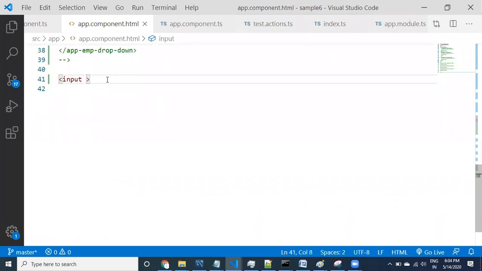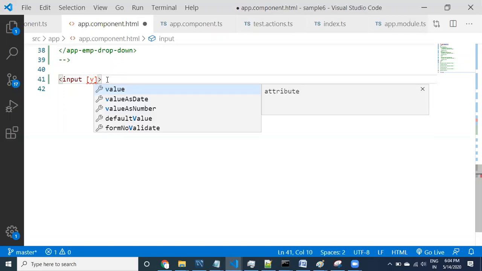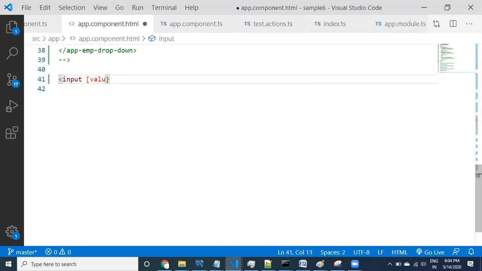input. And then I want to provide a property binding, value equal to some property. The property is available in the app component.